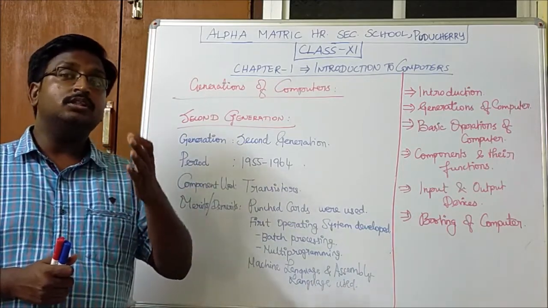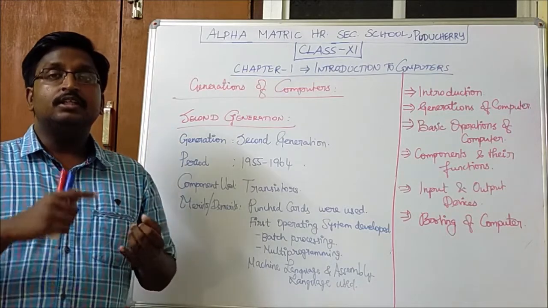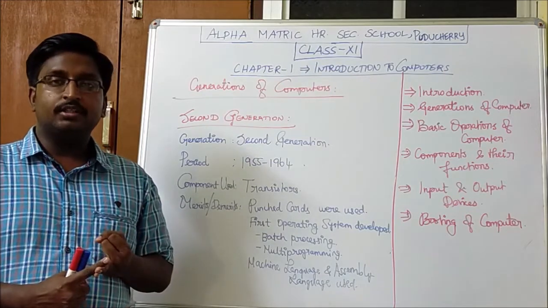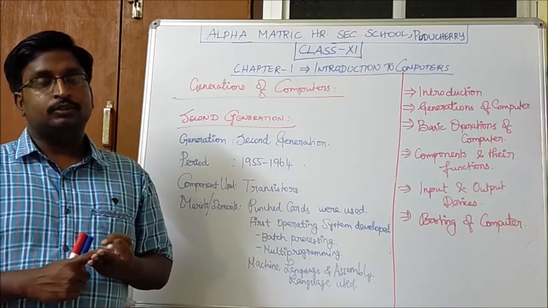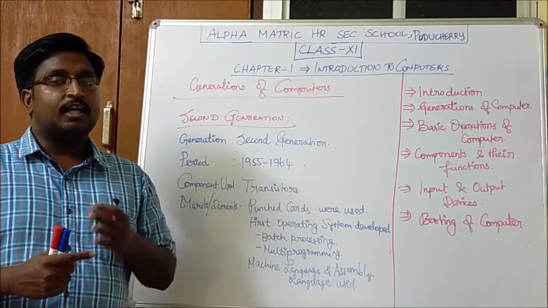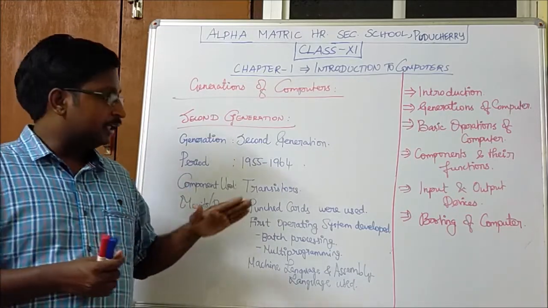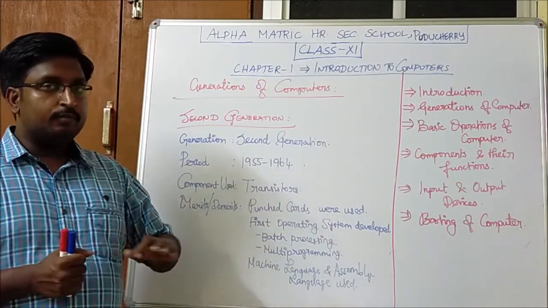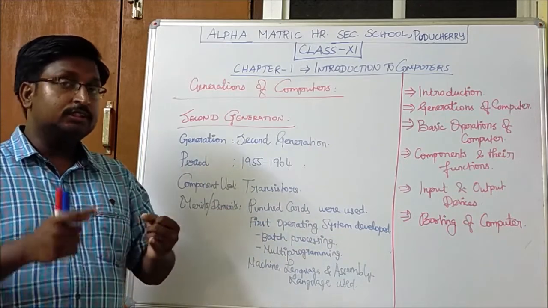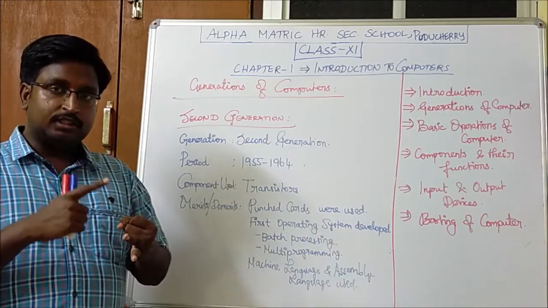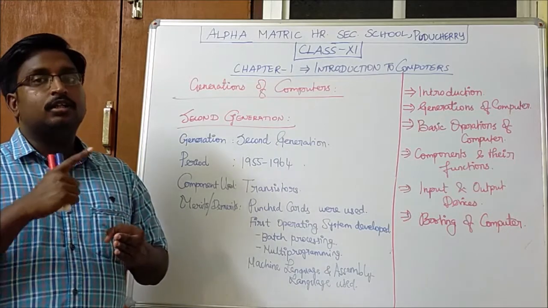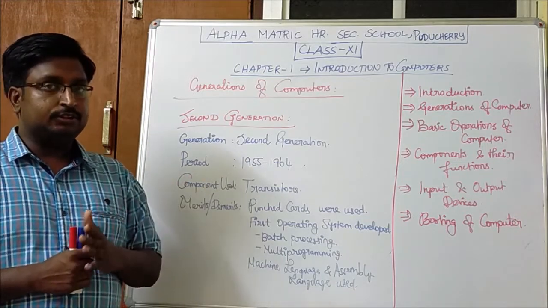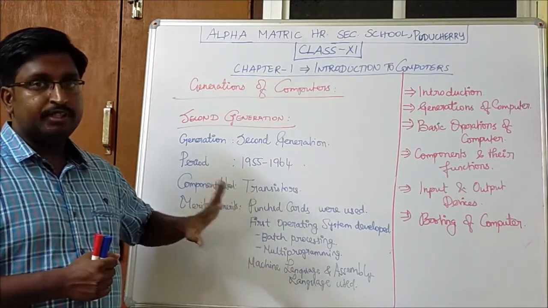The three common disadvantages, the drawbacks they have faced, are that it is big in size, malfunctions due to overheat, and consumes more power. All these three drawbacks have been overcome a little bit by implementing the component transistor. So those three points will be common in the upcoming generations, that is, less power consumed, less heat produced, and the computer size was smaller. All these are common in the upcoming generations. So I have mentioned here the unique merits and demerits.